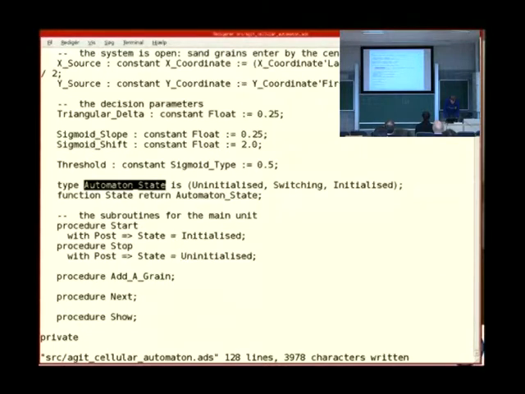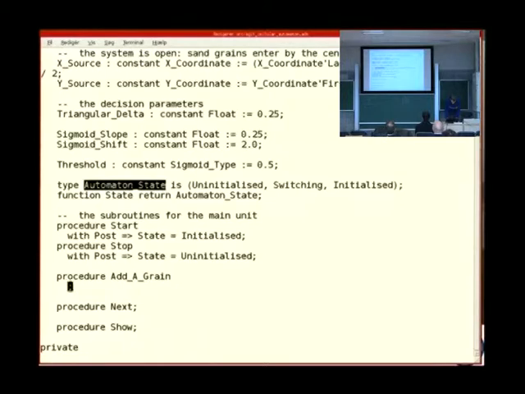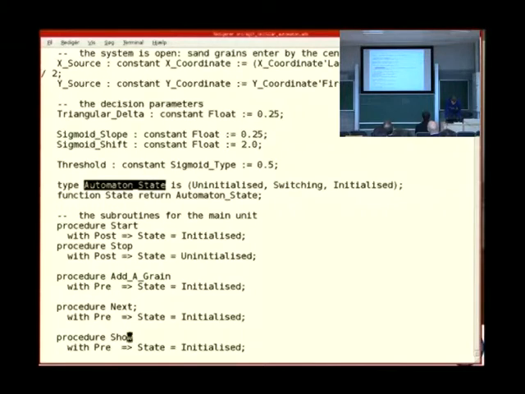Then adding a grain, we can only do that when initialized. We saw we got the constraint error. We have the precondition that we are initialized. State is initialized. And the same is the case for next and show. If we're not initialized, it doesn't work.